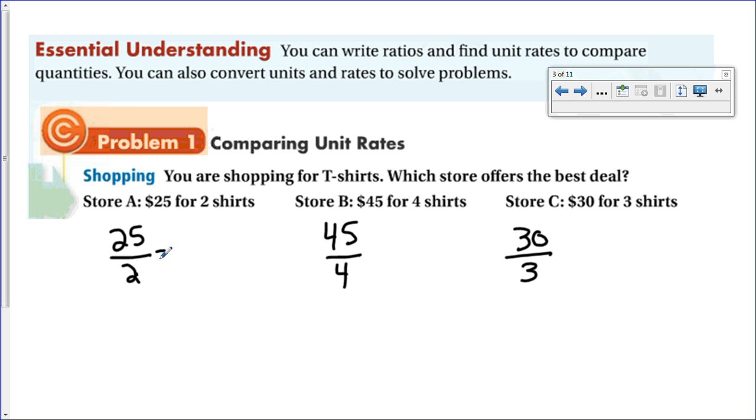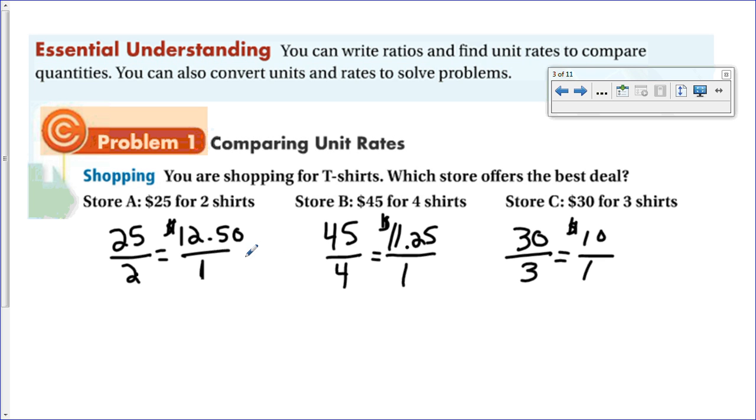So what we want to do is get this down to a unit rate. And that unit rate will allow us to see how much each unit is. And so we need to get this down to a 1 for all of these. So we take 25 divided by 2, which gives us 12.50. So that's $12.50 for 1 shirt. 45 divided by 4 gives us $11.25 per shirt. And 30 divided by 3 gives us